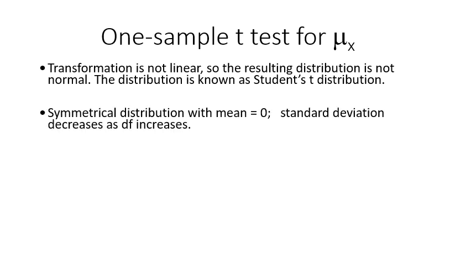With this t-test, this t distribution has a mean of 0, just like the standard normal distribution. However, the standard deviation decreases as degrees of freedom increases. What do I mean there? I mean that as